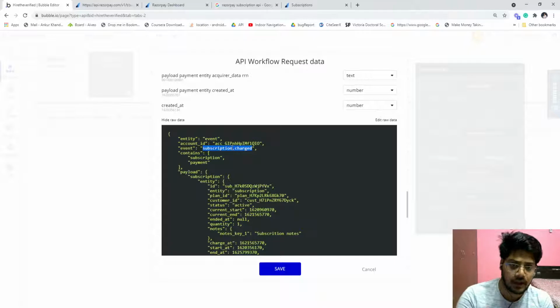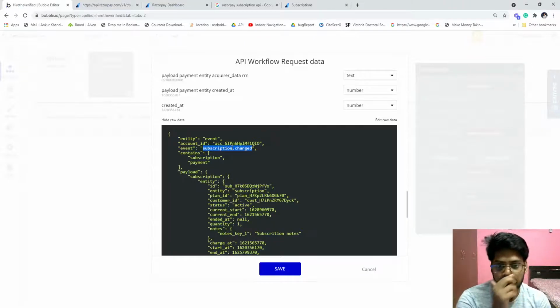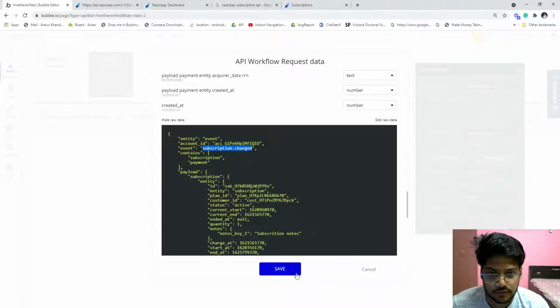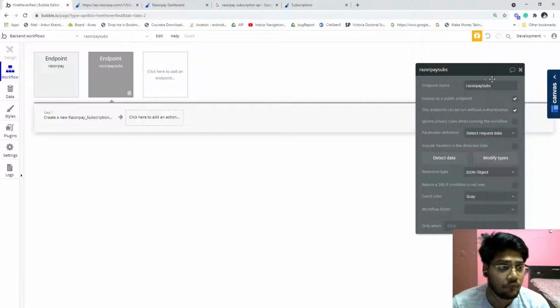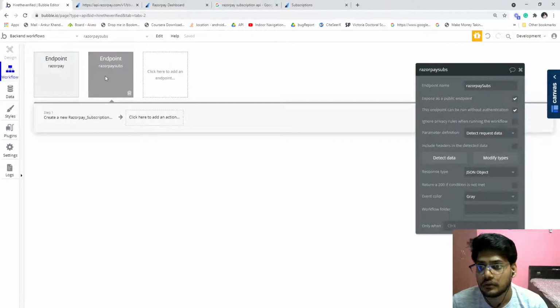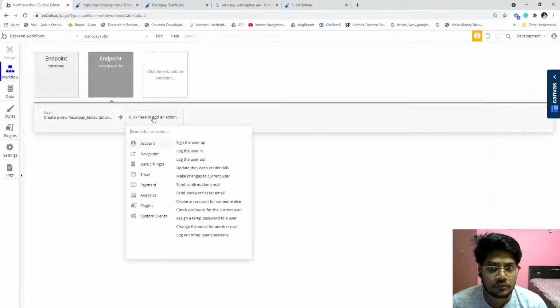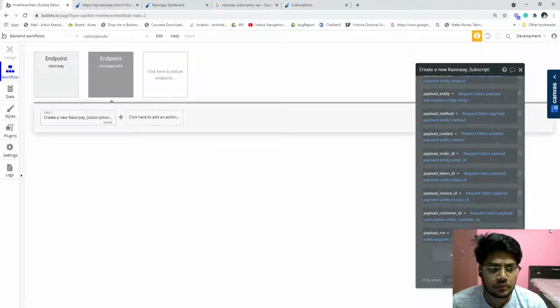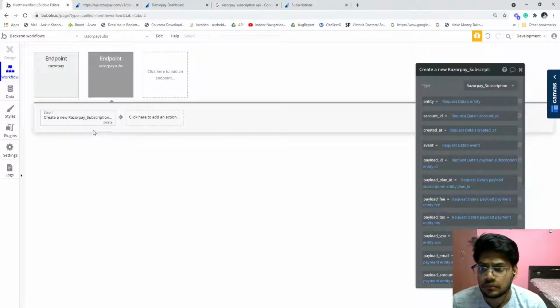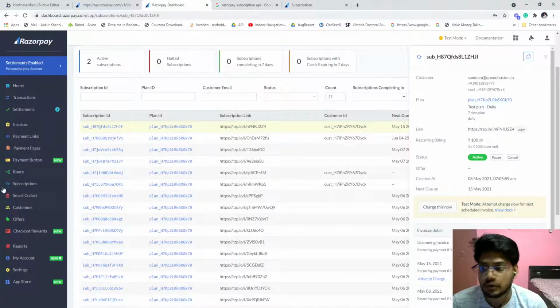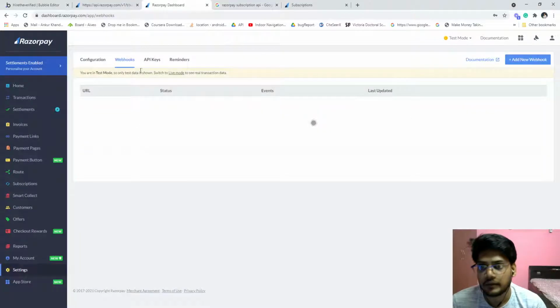Check it out, either a payment dot charged or a subscription dot charged event will be there. Just save it, and when you are done with that, go to your webhook setting.